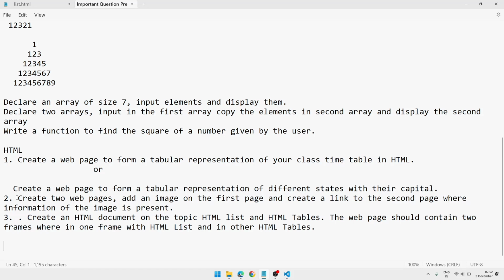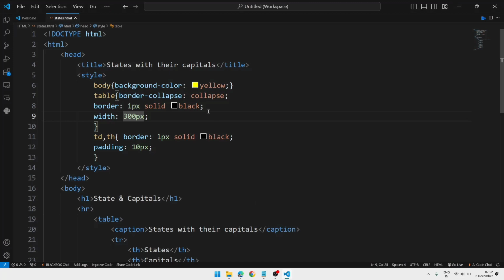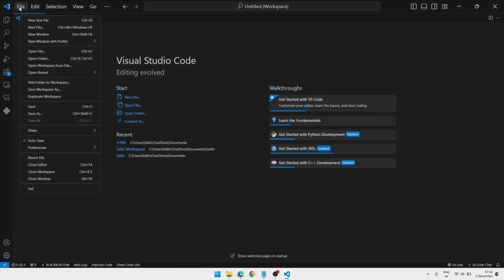Number 2, create 2 web pages. Add an image to the first page and create a link to the second page where the information of the image is present. Means we have to make 2 pages. For that, first I'll close this one. So the first page name I am giving is